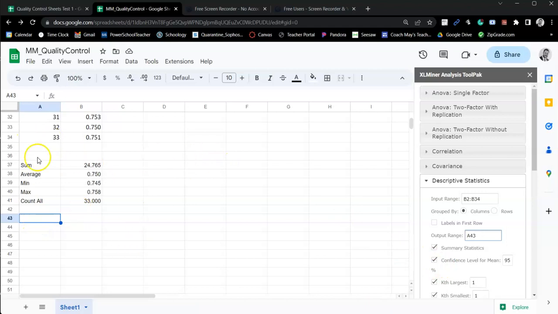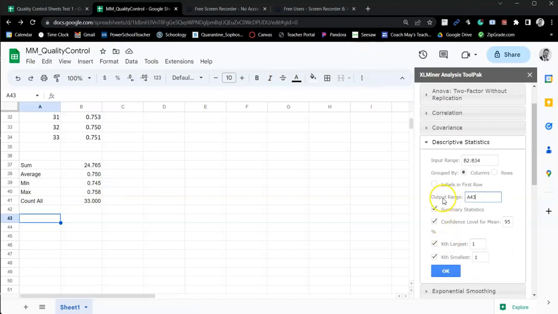Put it wherever you like, but really you want to keep working down. That way when you turn in your PDF file, if you put it too far over this way, like past the F column, it's going to cut your page in half and I won't be able to view it. So we're going to keep working down. So our output range, that means it's going to put the statistics there, and I want the summary statistics. Okay, that's the main thing that I'm looking for. I'm going to hit OK,